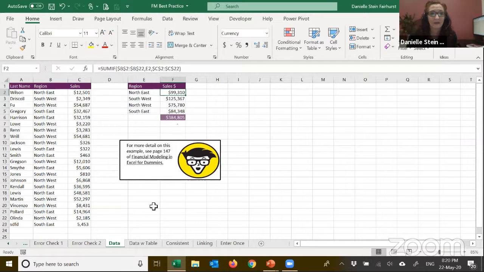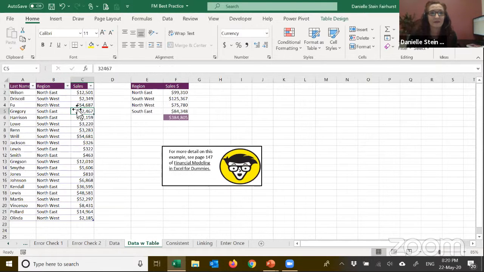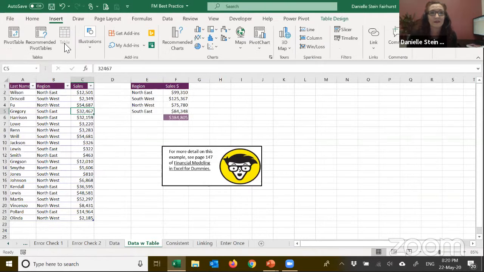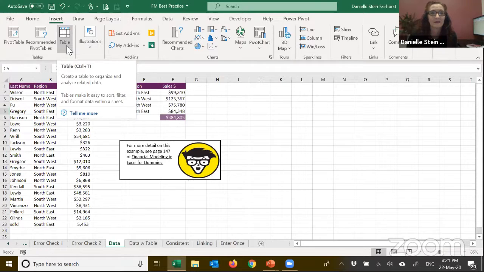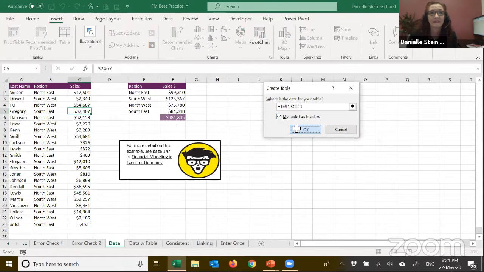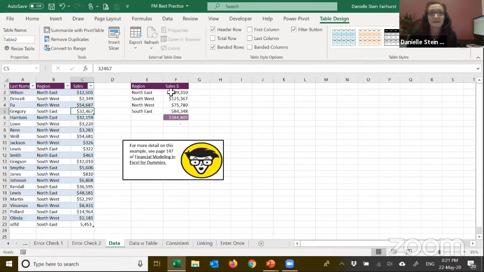So what I recommend instead is if you use a table, if you go to insert table, then the formulas look like that instead. I'll show you how to do that. I'll go back to that example there and I'll say insert table. That's going to convert it to a table.